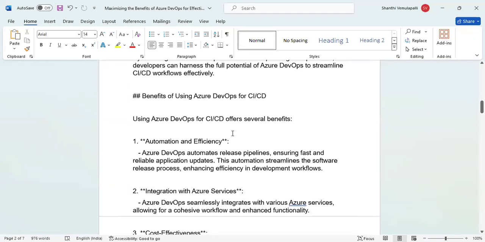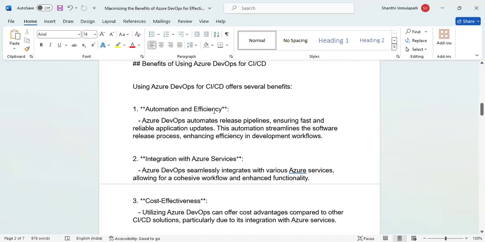And what are the benefits of using DevOps CI/CD? Using DevOps CI/CD offers several benefits. One is automation and efficiency. Azure DevOps automates release pipelines, ensuring fast and reliable application updates. This automation streamlines the software release process, enhancing efficiency in development workflows. See, one is that deployment automation can be made, but within the deployment, you need to create the environment. For creating